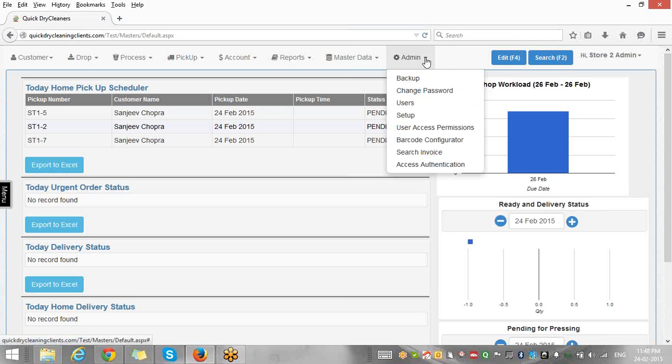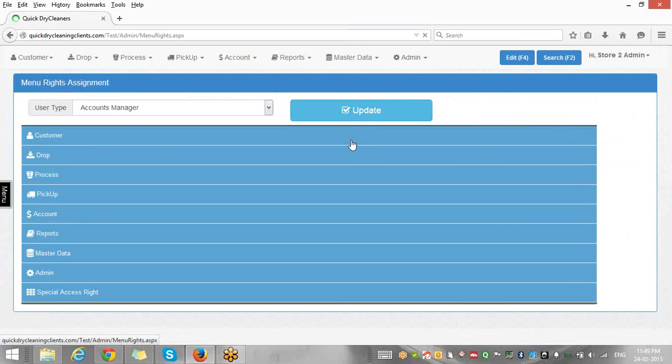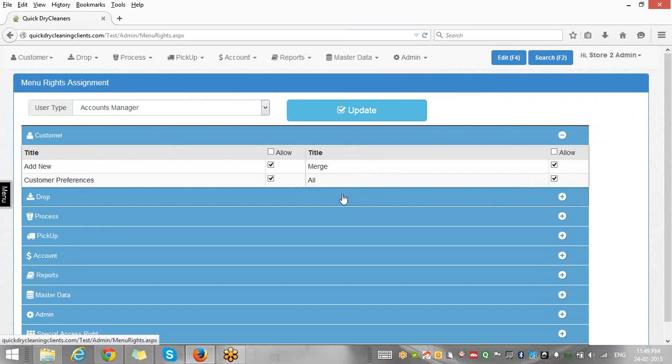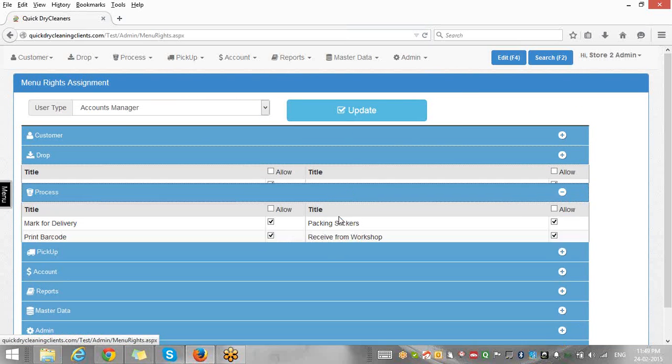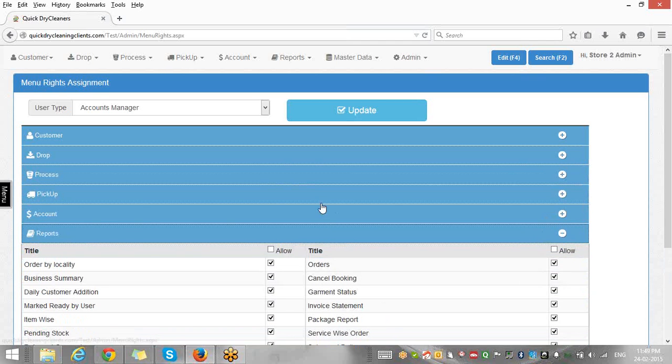Okay, great. So I was showing you the admin section. Here we have this menu called user rights and permissions, wherein you can define the access rights of each and every employee of yours. So if he's a manager kind of person, then you can give him more rights. If he's just a